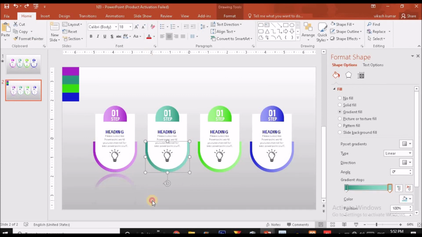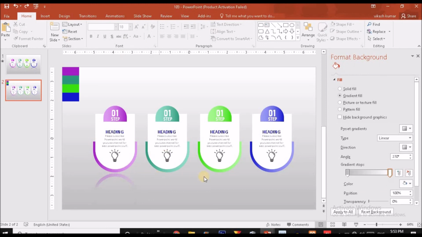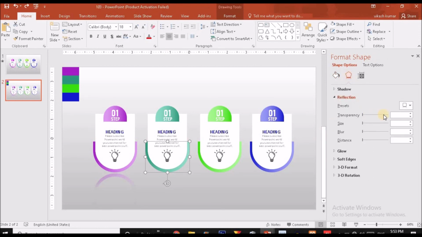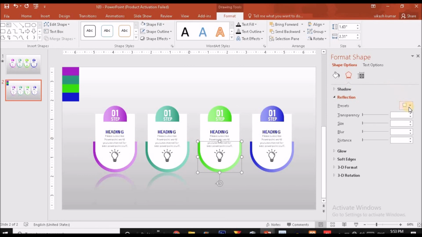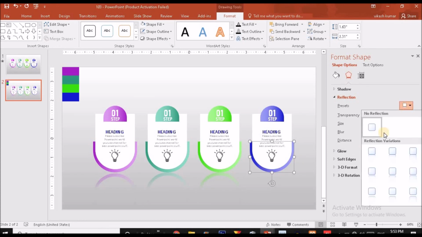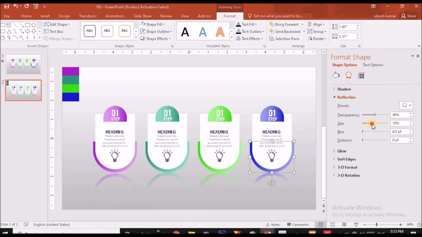Sorry, it will fetch. So now click on this, again click on effect option, just choose preset, first option, and the size should be 52. So I'm going to make it 52. Again clicking on this option, choosing this reflection option, and the size should be 52. Again click on this blue shape, preset option, click on this, and the size should be 52.